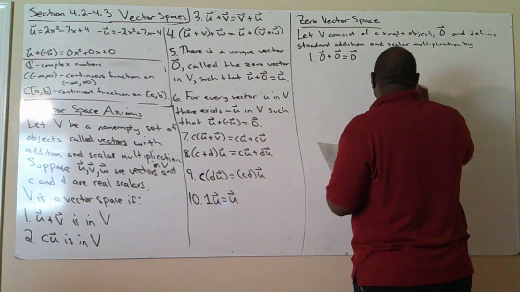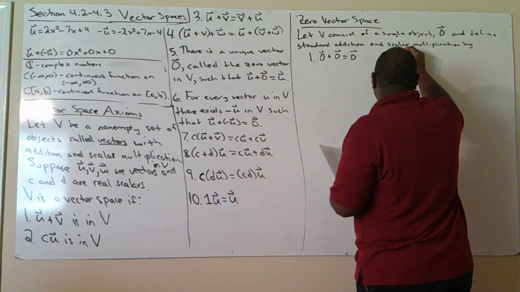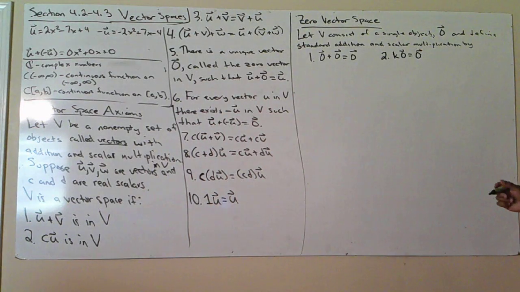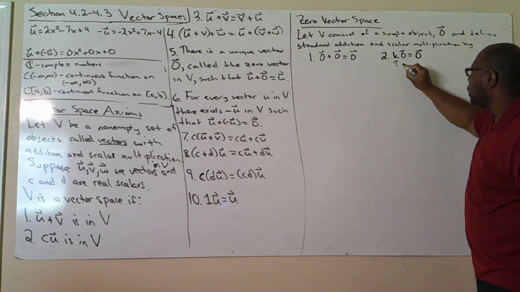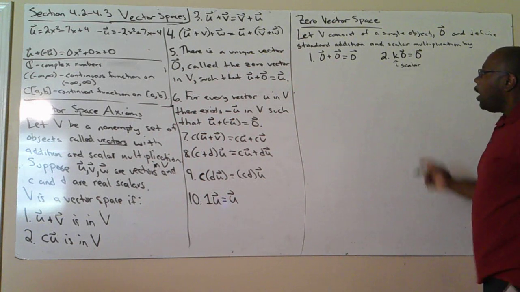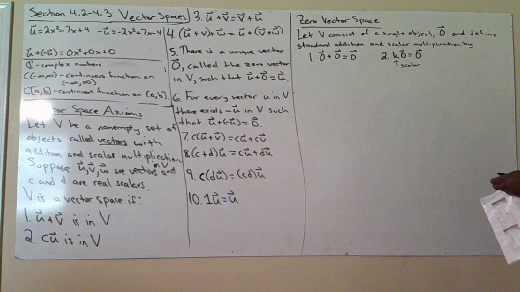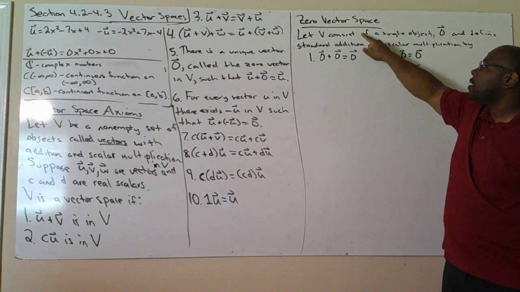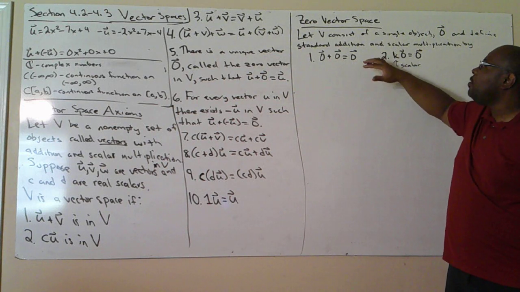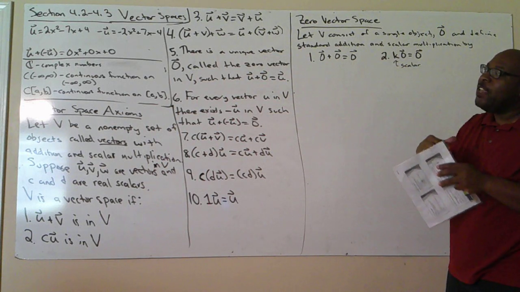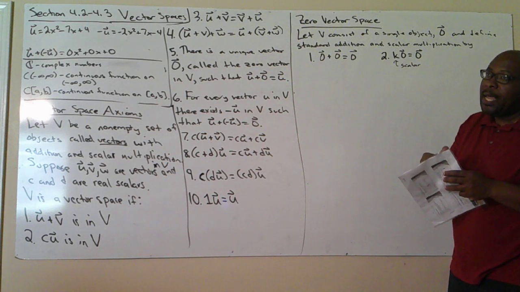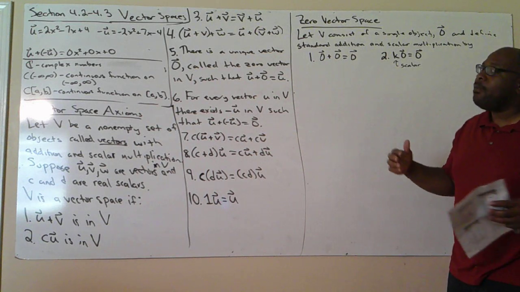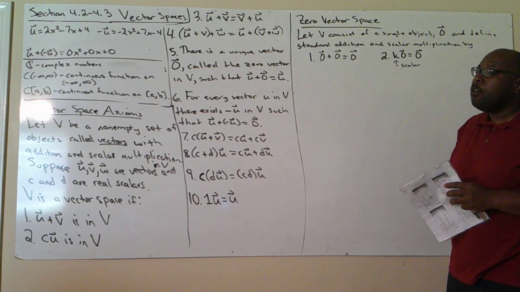Here I have k times 0, where k is a scalar. K times the zero vector is equal to the zero vector. Okay. So in this case, k is a scalar. Now, here we don't say what V is, right? So V could be any vector space. We don't define how V is structured. So V could be a matrix of size 2 by 2 or 3 by 3 or 4 by 4 or 5 by 5. It could be a polynomial vector space,